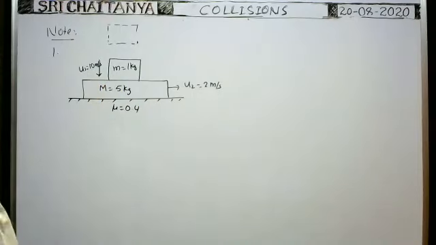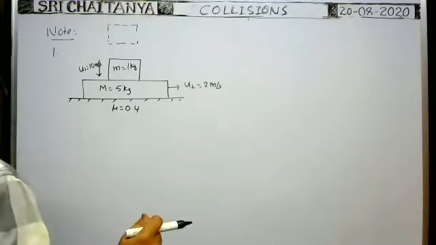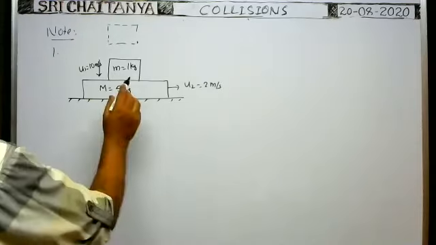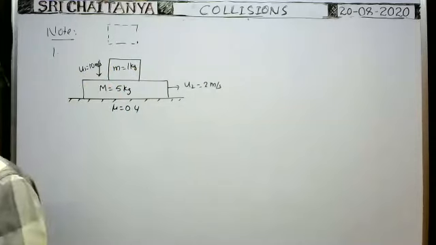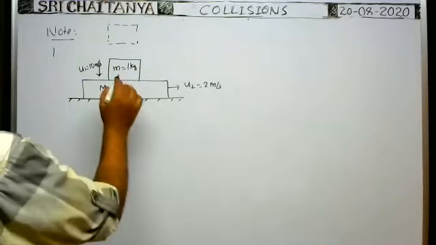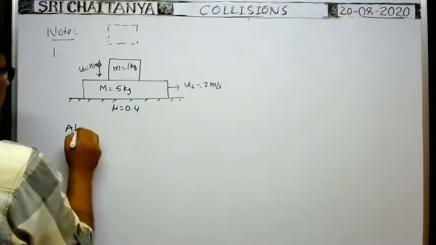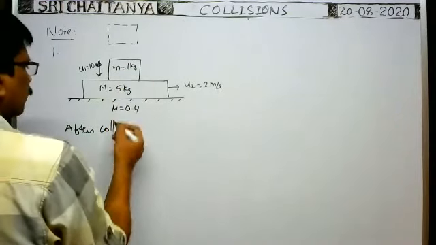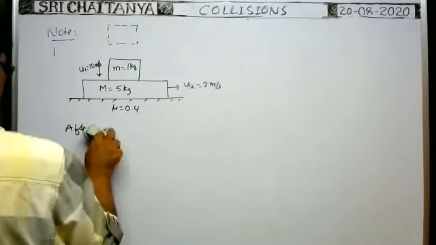At that time, what is the impulse received by this body with a normal reaction? Here actually the question is, what is the velocity of this lower block at the instant whenever this block makes collision with this one? After collision, both move together. After this block makes collision with this one, both move together. That is given. Suppose, of course, an inelastic collision takes place between these two blocks. You mention that here clearly.